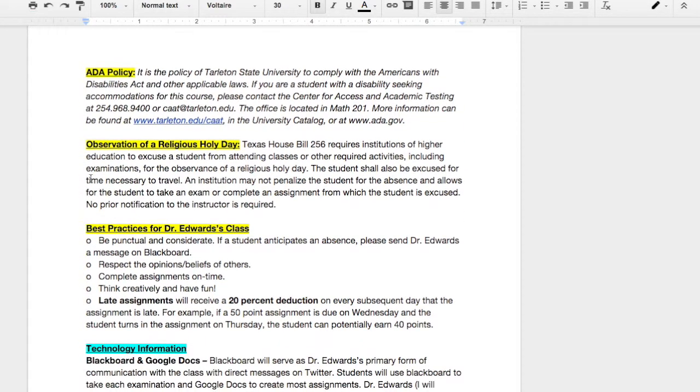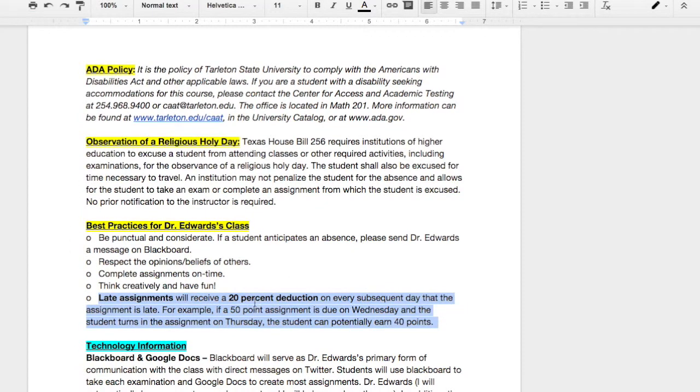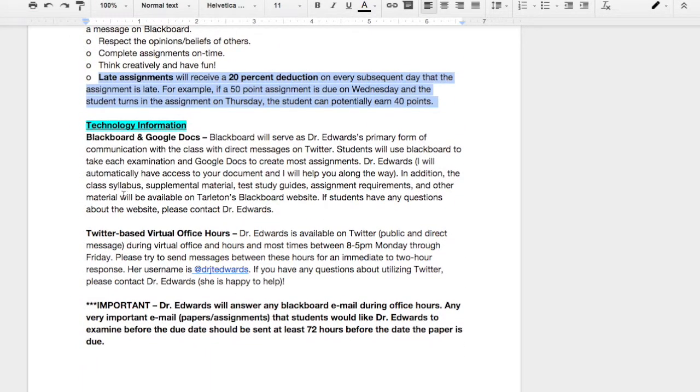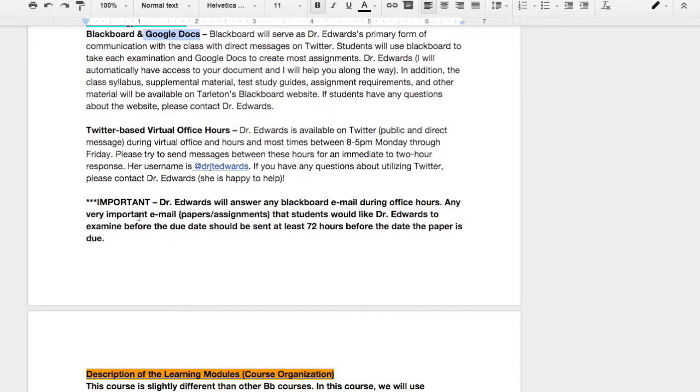Then we have the observation of a religious holy day, best practices for my course, and please pay attention to this one as well, but please just submit assignments on time. And then we have the Blackboard and Google Docs, and Blackboard is my primary way of communicating with all of you, Blackboard and Twitter, and then also on Google Docs, that is where we will interact and write all of our content. And then I also have my Twitter-based virtual office hours and just some other important information focused on